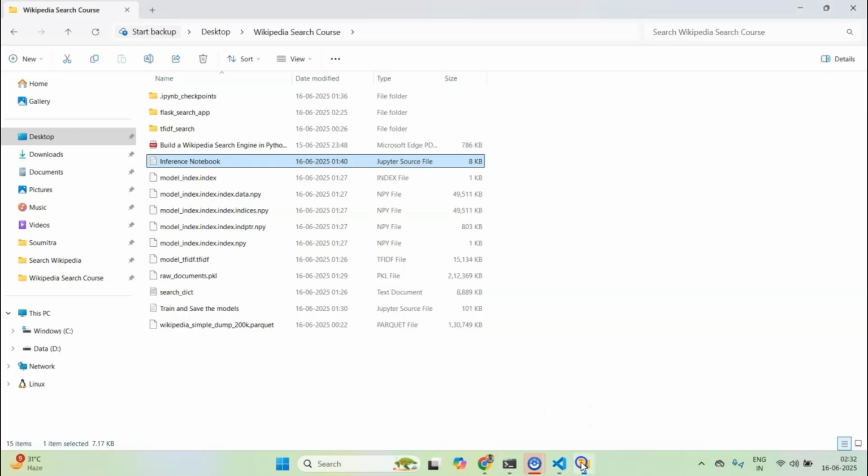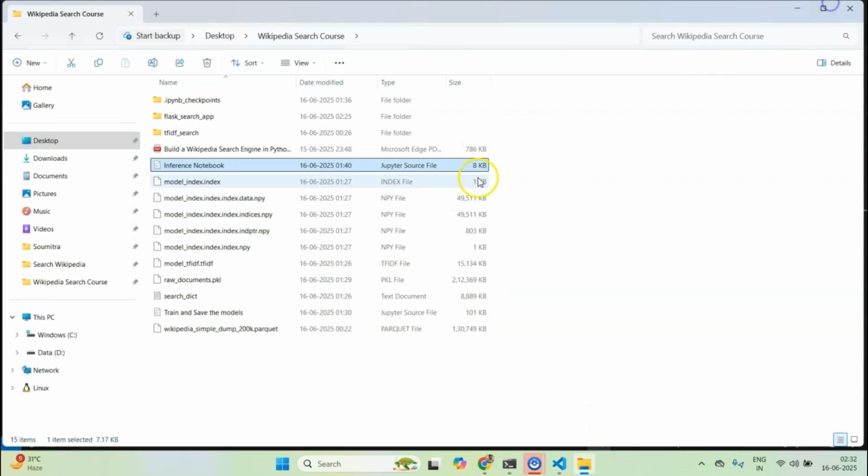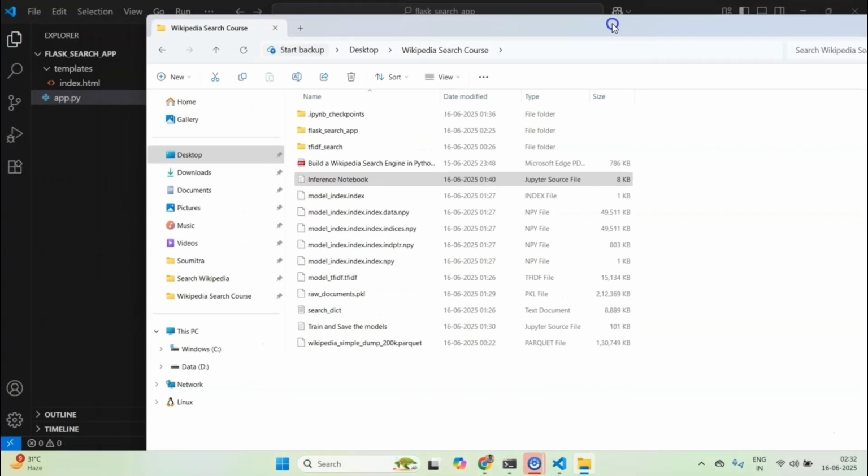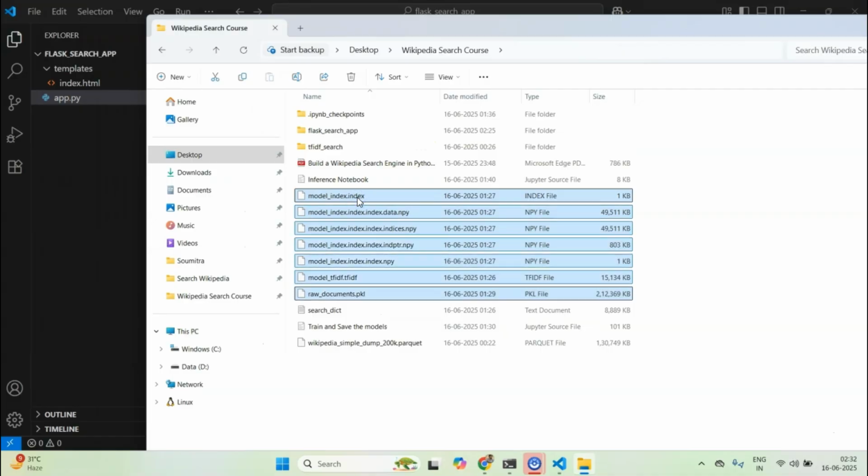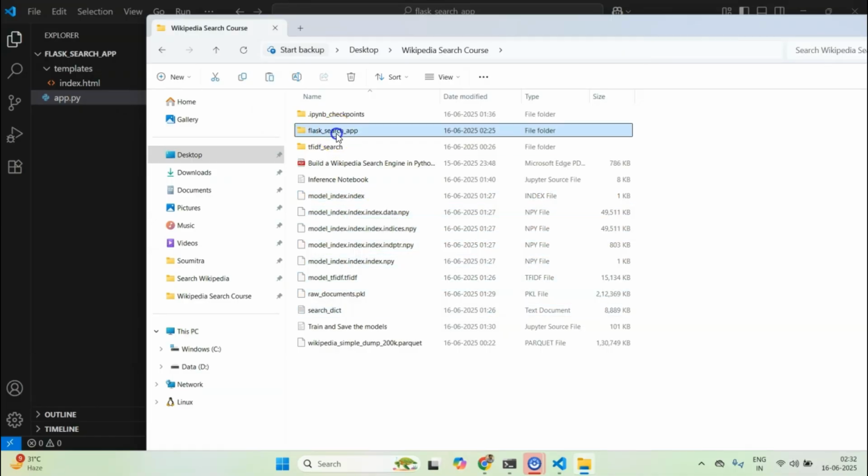To make sure that files are found, I'll copy these models that we had into the Flask search app.